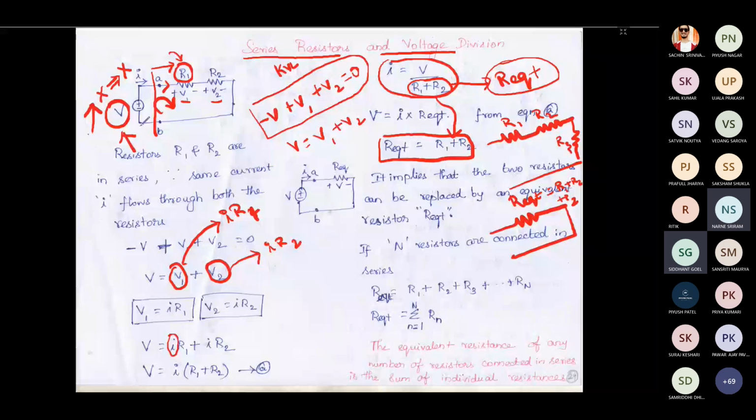That's all about this. So here, if n resistors are connected in series, then you can mention like this: R equivalent is equal to R1 + R2 + R3 up to the nth resistance. So you can represent it in summation format: R equivalent is equal to the summation of n equals 1 to capital N of the individual resistance values. What is R1? What is R2? If you add all together, it can be represented as the summation of this. So the equivalent resistance of any number of resistors connected in series can be represented as a single equivalent resistance that is given by the sum of individual resistances.